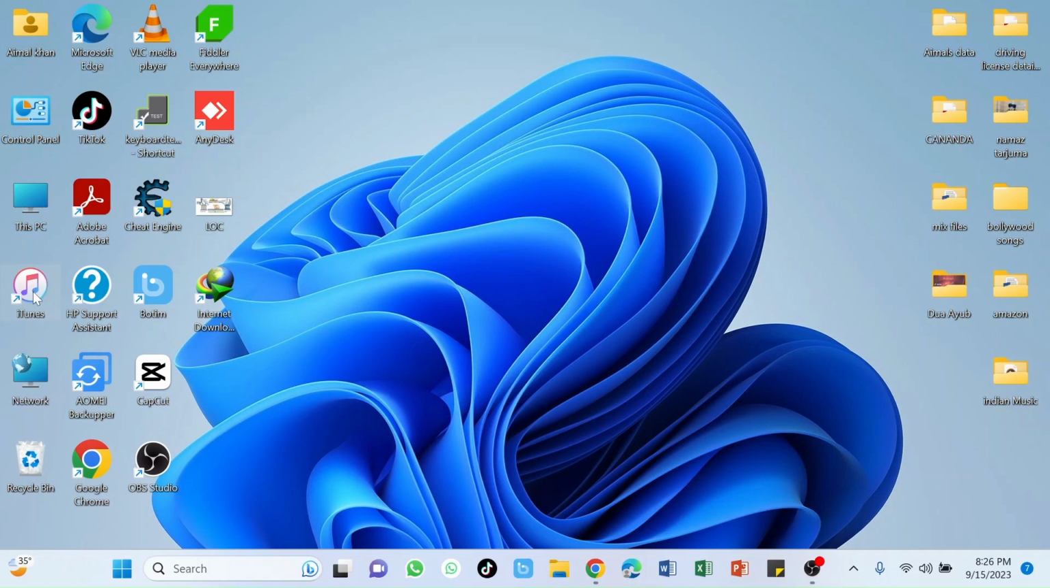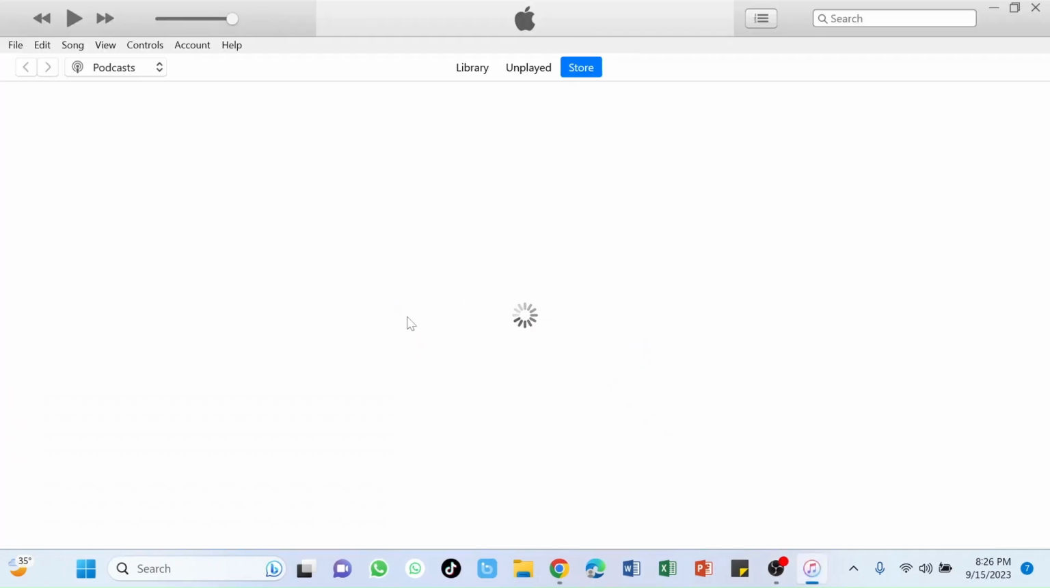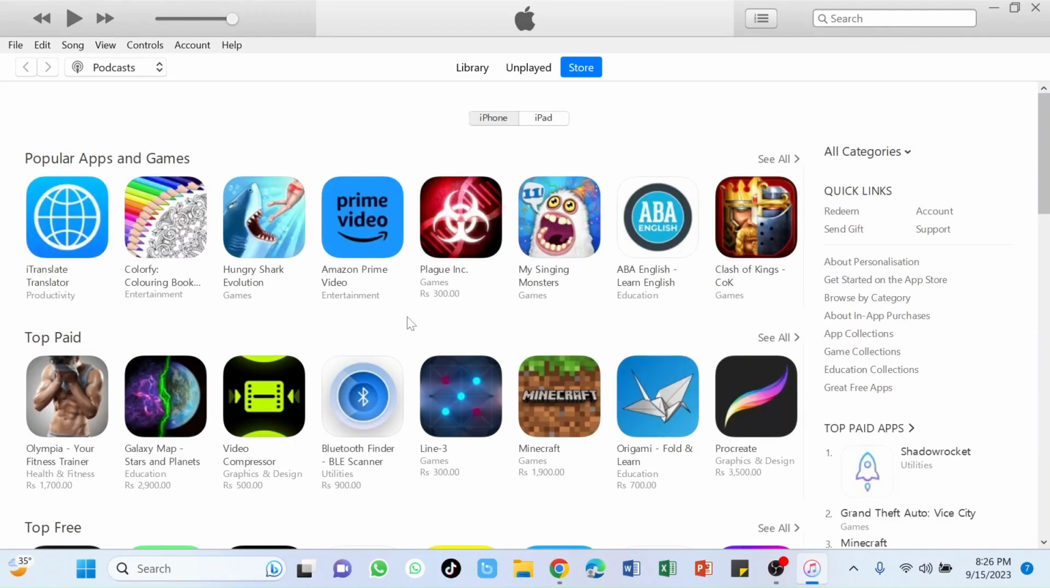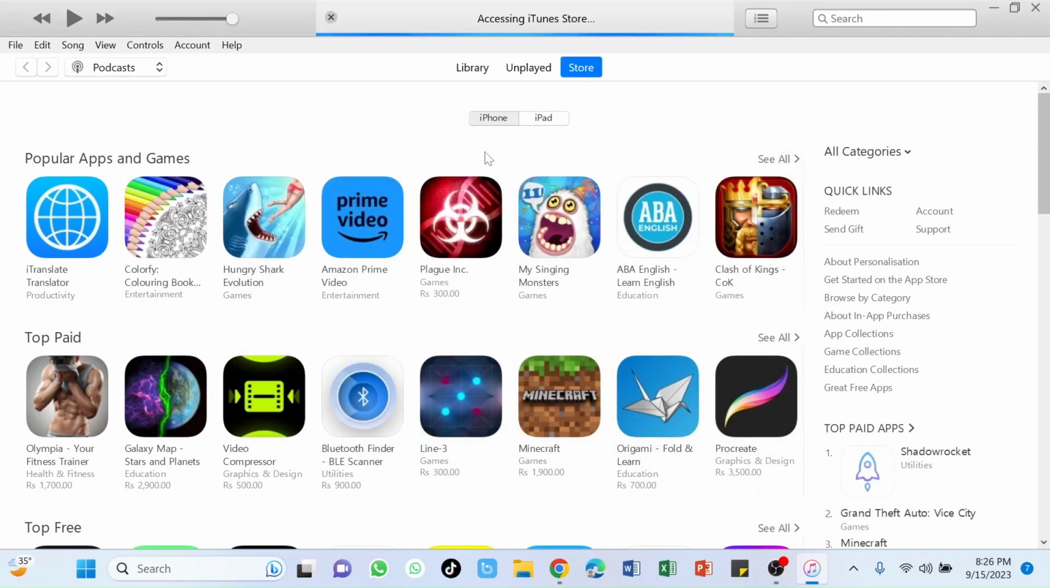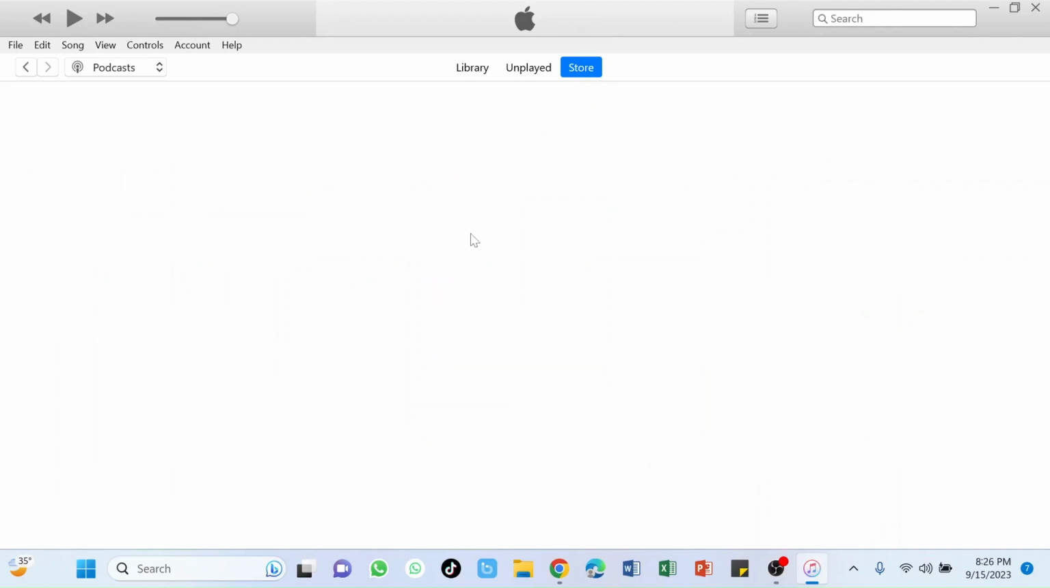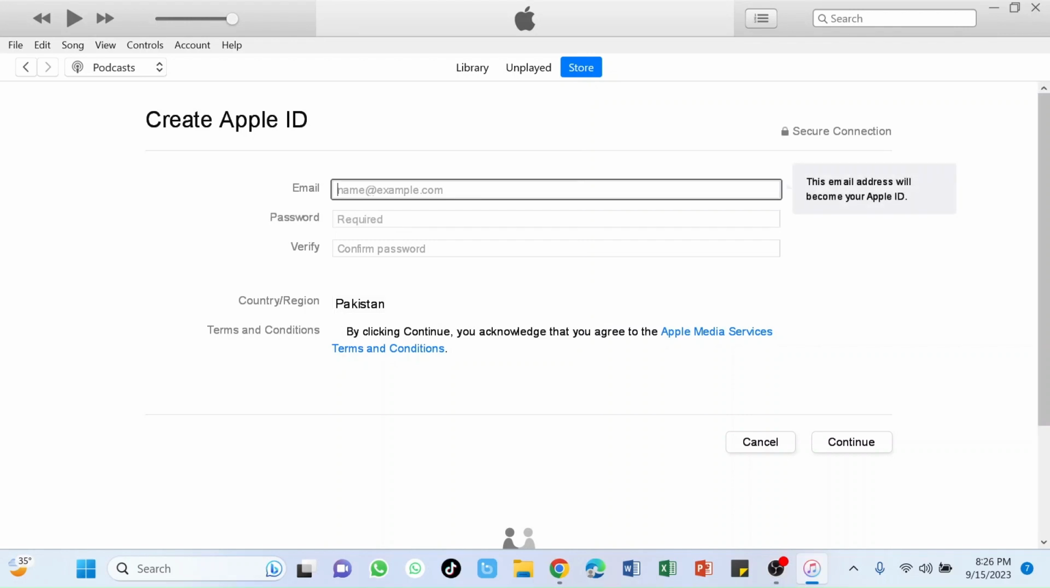Just click on iTunes, and when the iTunes application opens, what we need to do is click on the account, sign in, create new Apple ID. Just wait a while. It shows me an email. What are we going to put here? I will put the email which I already made on Gmail. So it's Awais Khan